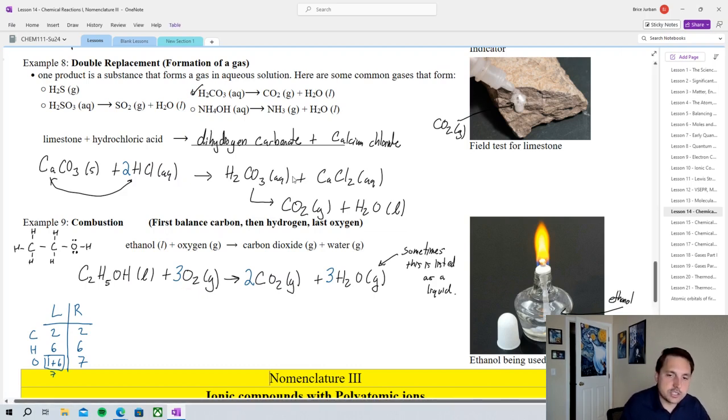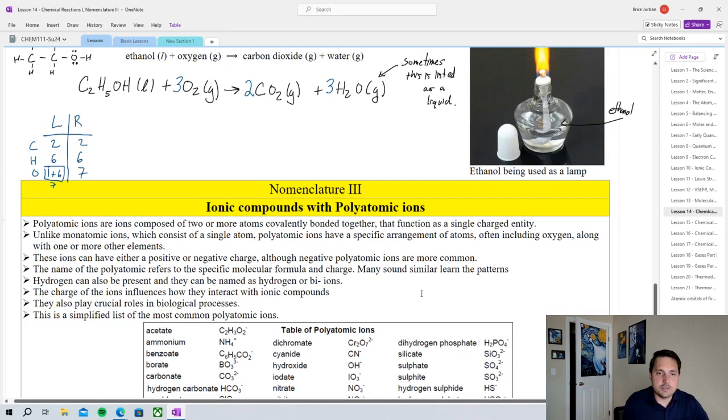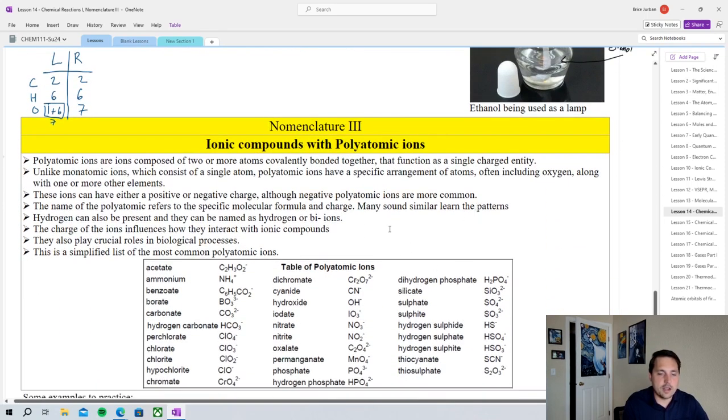All right, so combustion reactions can be a little bit tricky to balance, especially when there's an oxygen here. But that's why I wanted to give this as an example for you to practice. Okay, so let's go and finish off today's lecture with talking about naming, specifically when it comes to polyatomic ions,